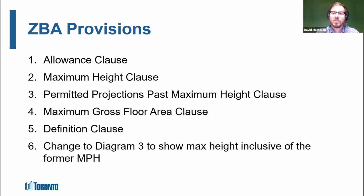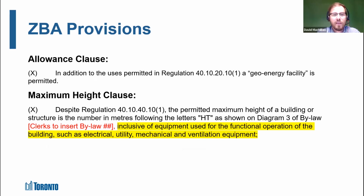Obviously, now there's going to be a maximum gross floor area, including the additional gross floor area you're gaining from repurposing the mechanical penthouse. There's a definition for geo-energy. That's the definition in the city's bylaw. The term is kind of odd, but geo-energy means geo-exchange. So that needs to be in there. And then a change to an important diagram that shows now the finalized height. And I'll walk through these in detail next. Next slide. So this is, very simply, an allowance clause. It basically says you can do a geo-energy facility in